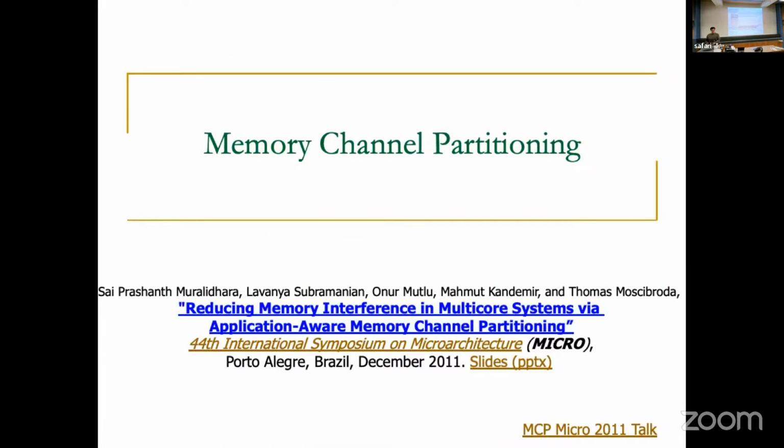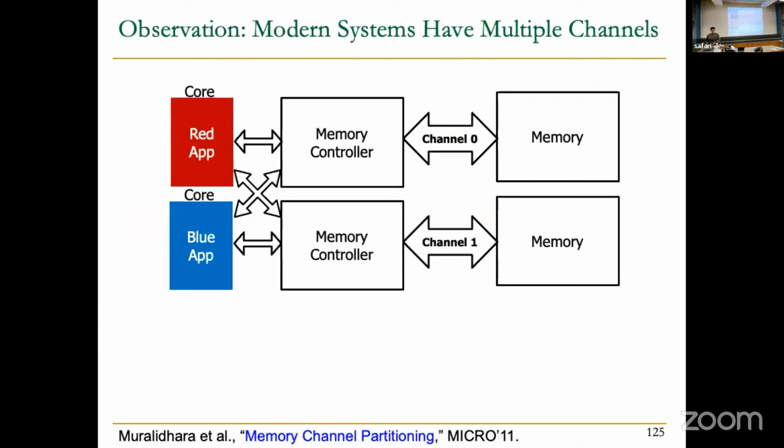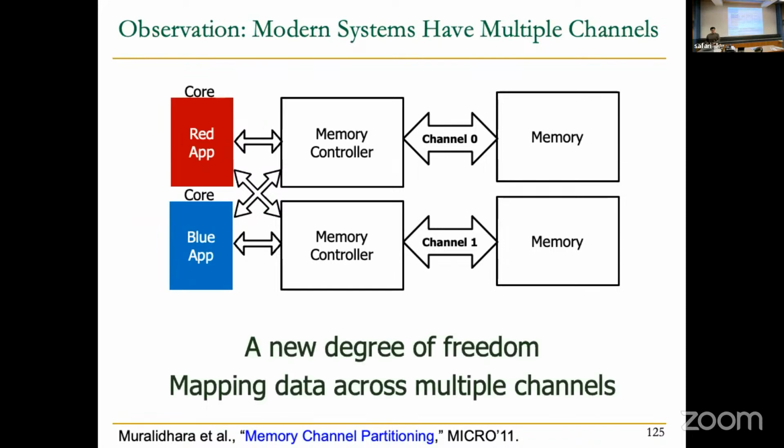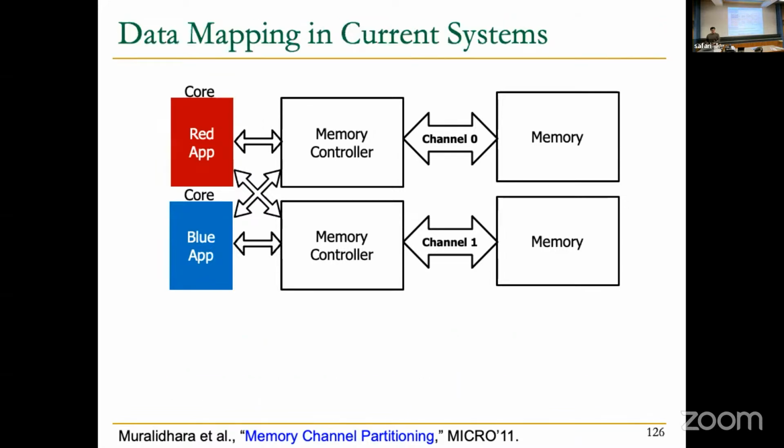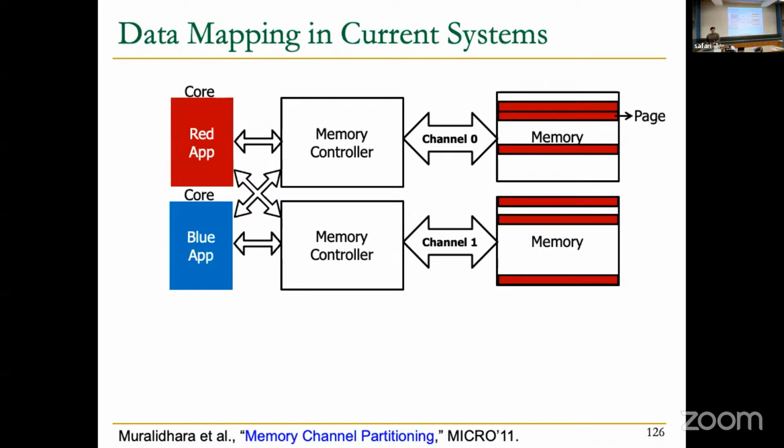So memory channel partitioning is a very simple idea. Modern systems have multiple memory channels. Yes, we have multiple memory channels now, but back then it was not a thing. It was becoming a thing. So since we have multiple channels, why don't we map data in a way that we reduce interference across multiple